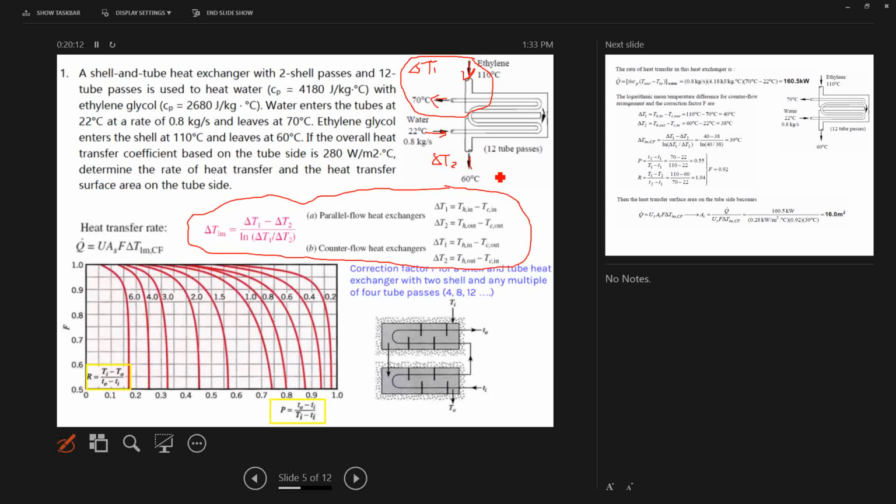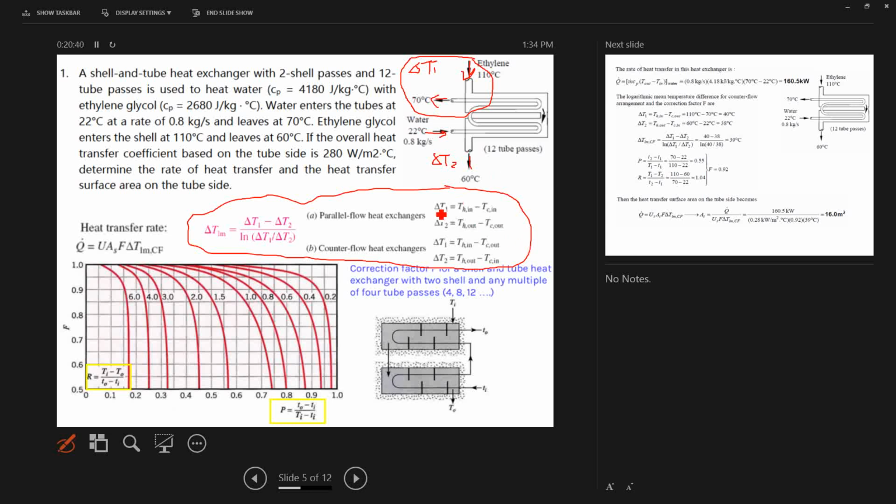But the difference is the heat transfer between the cold fluid and the hot fluid is very complicated. They are not a linear temperature difference. So the temperature difference, to be more accurately represented, should be in log mean temperature difference. But how you calculate this log mean temperature difference, it will always be given as,